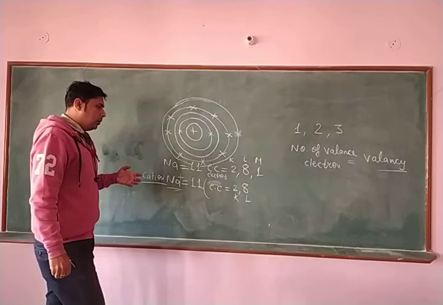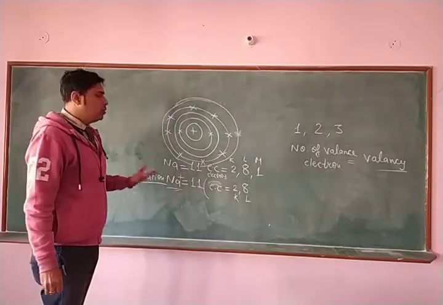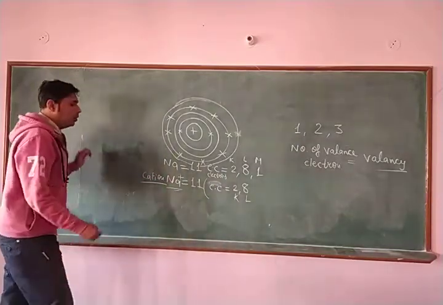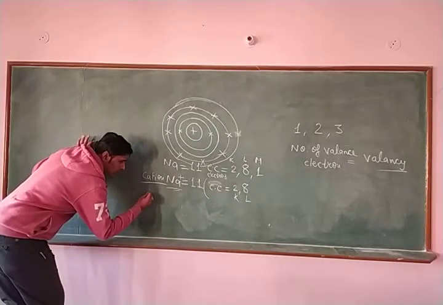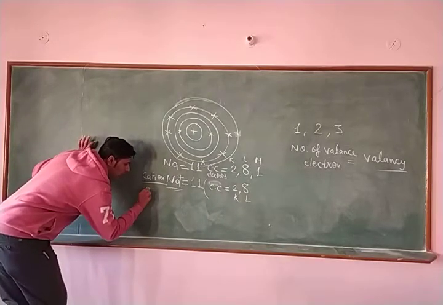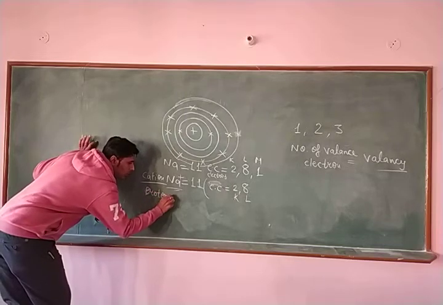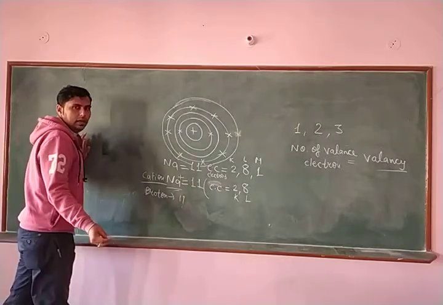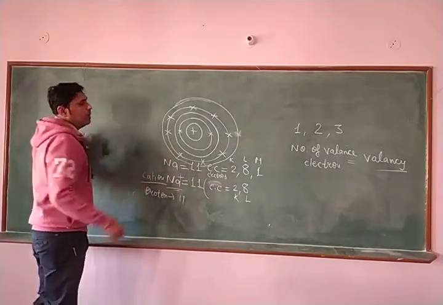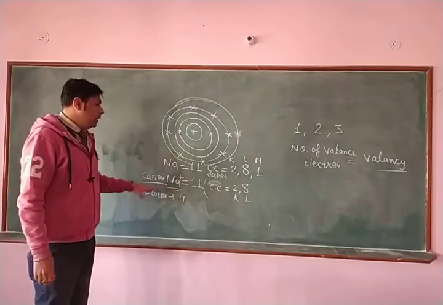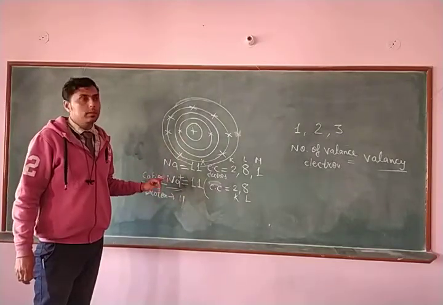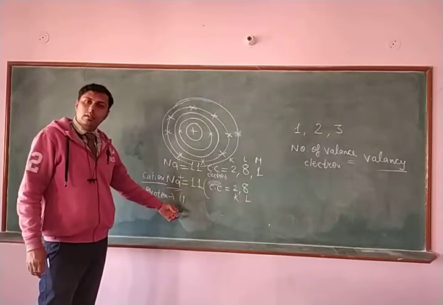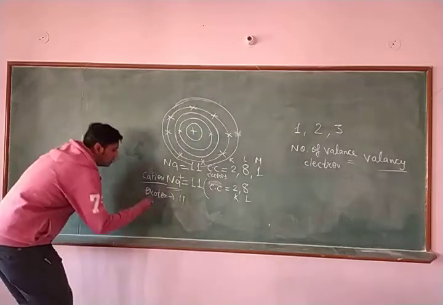ठीक है, तो अगर मैं बोलूं सोडियम आयन के नंबर ऑफ इलेक्ट्रॉन्स, प्रोटॉन्स और न्यूट्रॉन्स निकालिए। सो इफ आई टॉक अबाउट सोडियम आयन, प्रोटॉन्स से शुरू करते हैं। सो हाउ मेनी प्रोटॉन्स सोडियम आयन में हैं, 11। ओके, 11 ही है, बिकॉज द एटॉमिक नंबर इज द नंबर ऑफ प्रोटॉन्स प्रेजेंट इन द न्यूक्लियस ऑफ द एटम। तो हमने प्रोटॉन्स तो यूज किए नहीं हैं, तो प्रोटॉन्स 11 ही रहेंगे। अब बात करते हैं इलेक्ट्रॉन्स की।